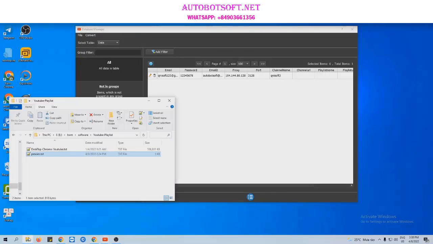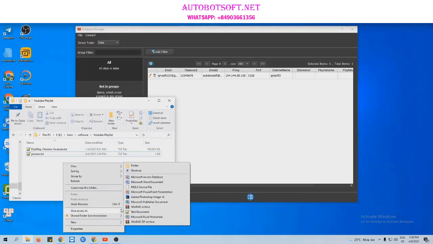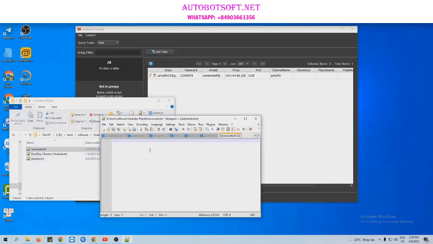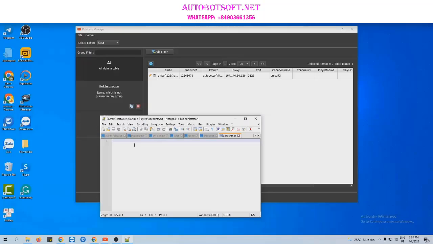And another way for you to import data is to create a text file. Name it as account. And then you will enter the parameters here. You can see the first one is Gmail address, comma password, comma recovery mail,